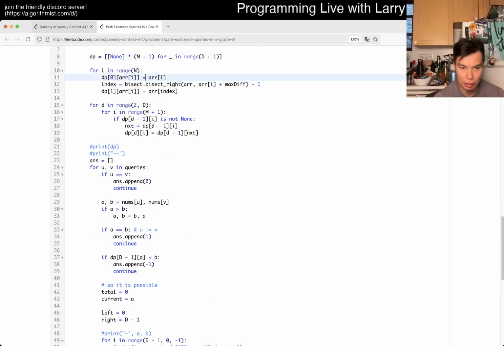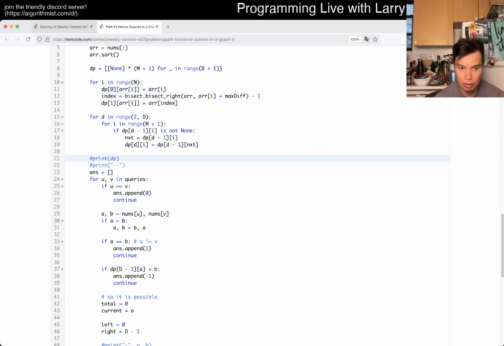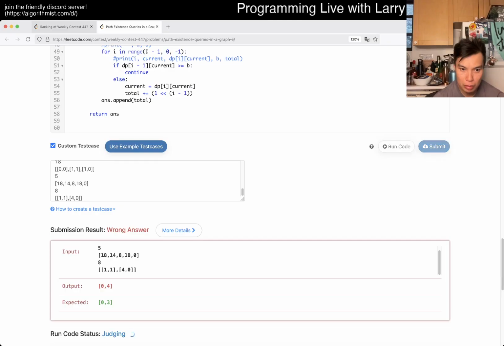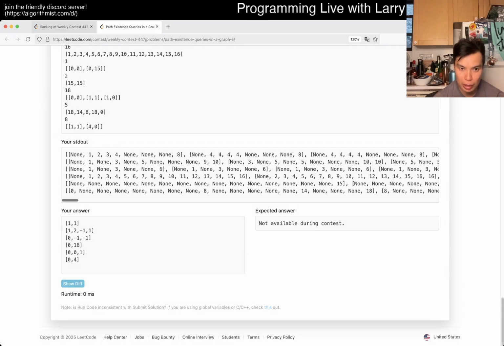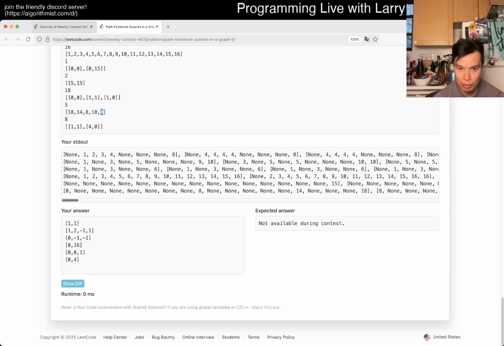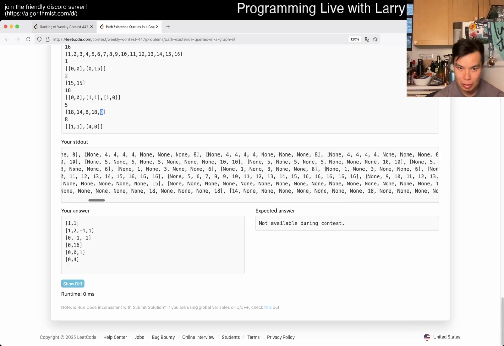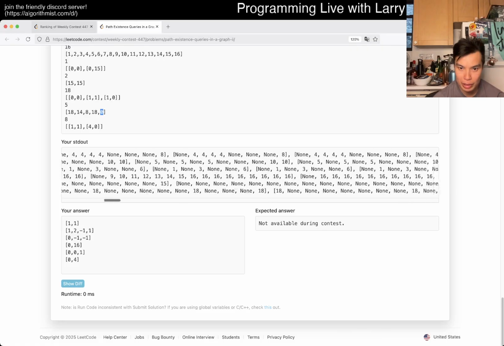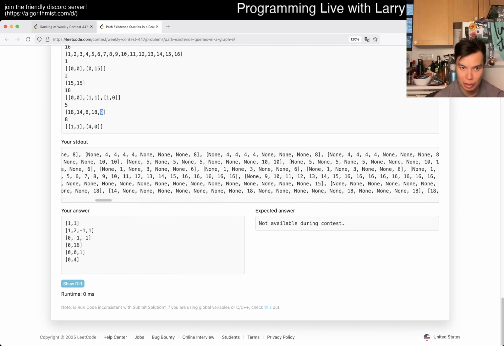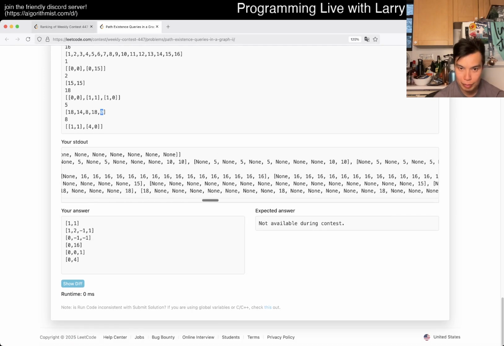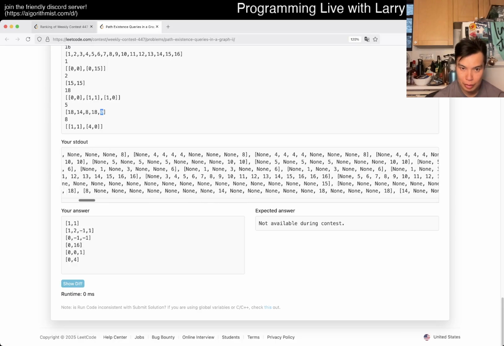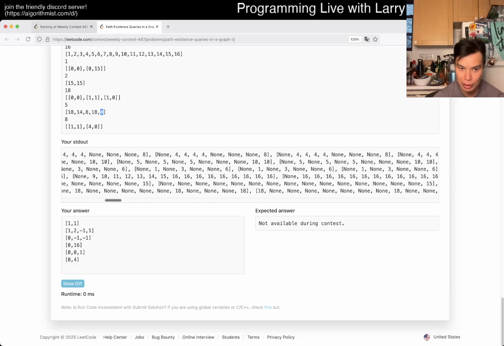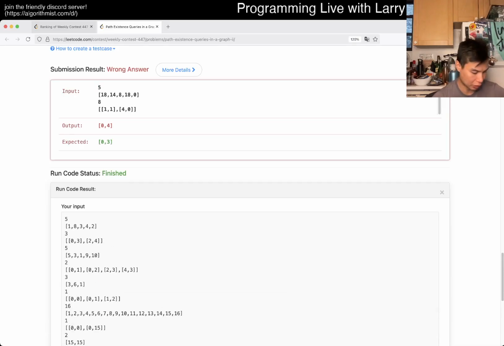Okay, let's look at the DP array. This is very weird, actually. Okay, so 0, 8. 0 is an input. So 1 move is 8. 2 moves is 14. 4 moves is 18. So then it tries to do 2 then, right? Or should? It tries to do 14 and then 8, so that should be 3 if I'm doing it right. But